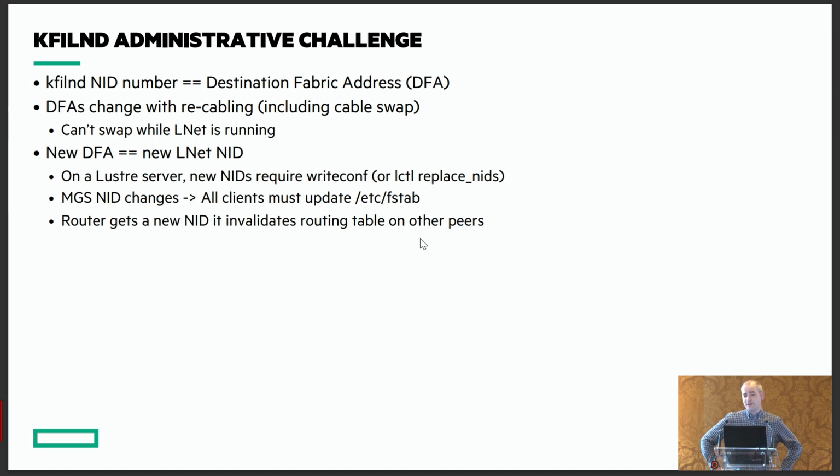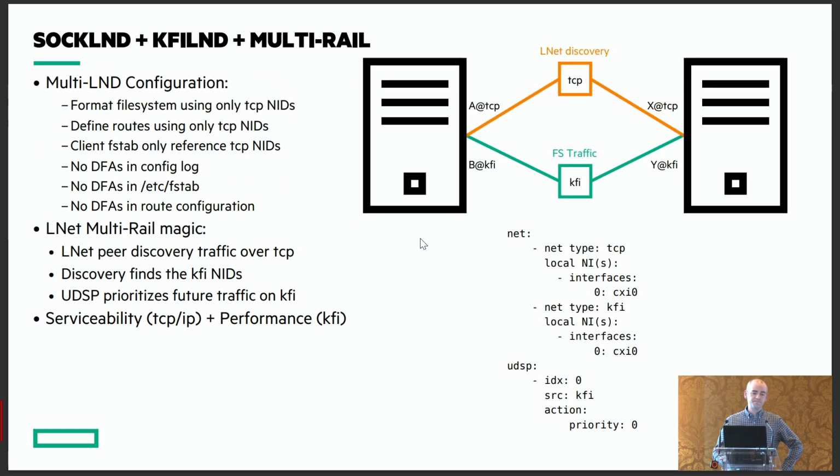If you have routers that get a new NID, it invalidates your routing tables. You need to go update that. So this is an administrative headache. So I had this idea that, because HPE Slingshot supports SOCKLND in addition to KFI, is there a way that we can get the benefit of IPv4 addressing and still get the performance out of native KFI? So I had this idea to configure both LNDs on our Slingshot interfaces